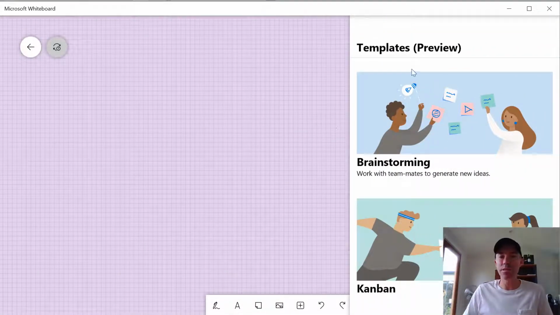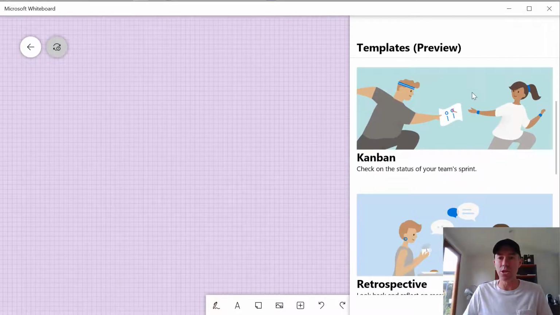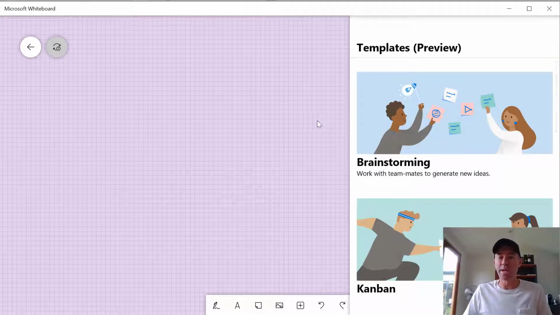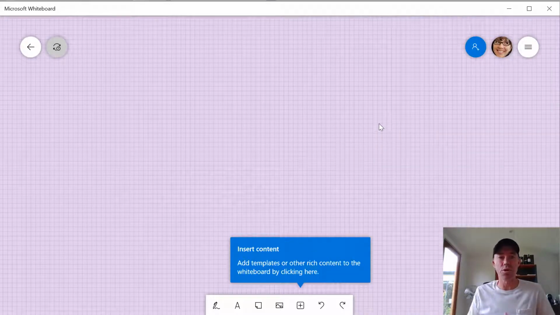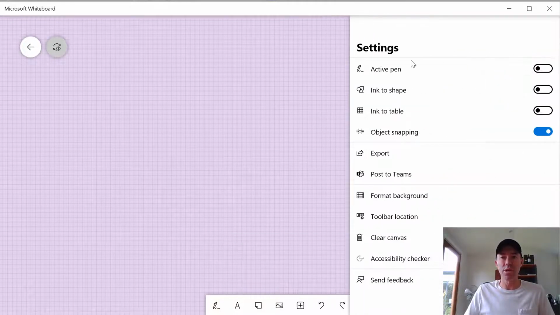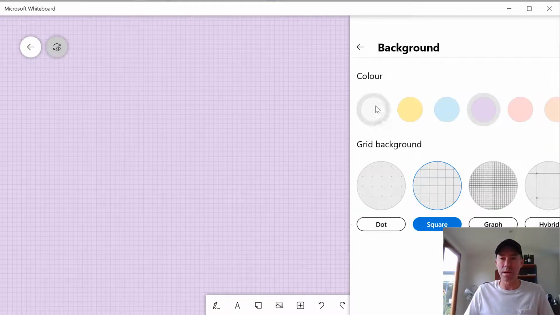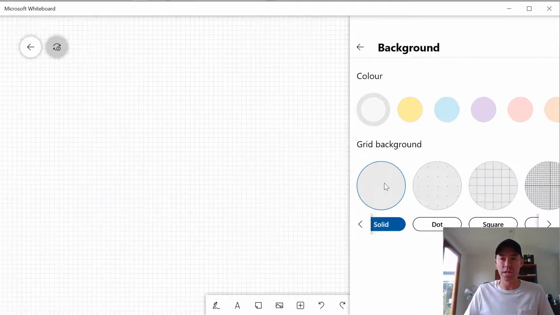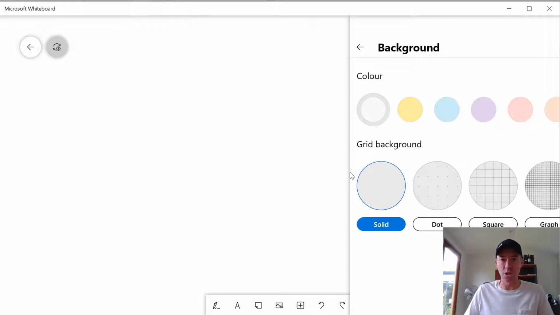All right, so there's a couple of different templates that we can use. These are in preview at the moment, or we can just start from scratch. Now we've got a few different options here. If I click on the hamburger menu on the right hand side, we've got some settings here as well. What I'm going to do at the moment is format the background. I'm just going to change it to a white background,